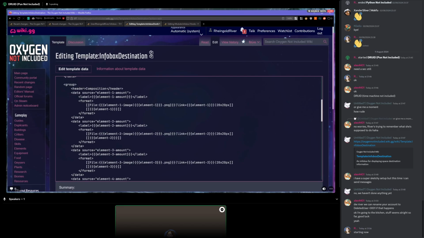So even if you're familiar with DRUID info boxes already, you may find this to be a little bit interesting so that you can use this as an introduction to see a little bit of how you do stuff in Lua. And I like DRUID hooks as a way to see how to do stuff in Lua for the first time, because